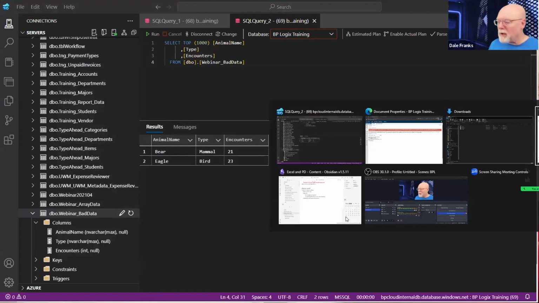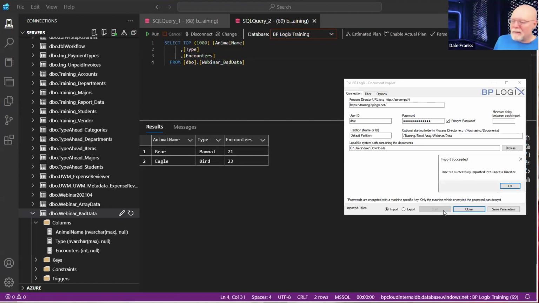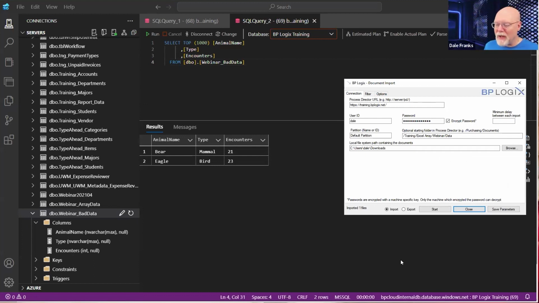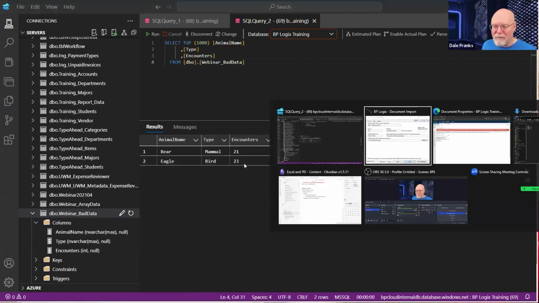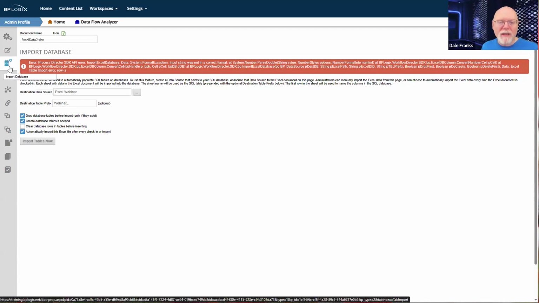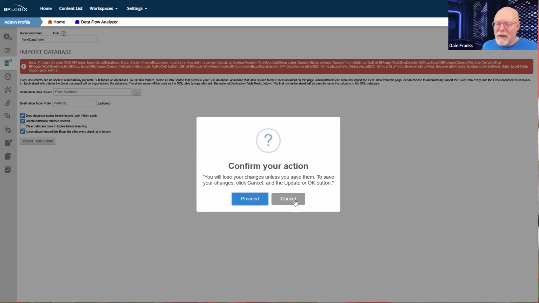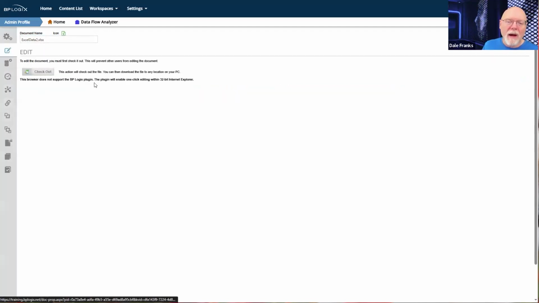All right, well, let's go back to BP import. Fine. Let's run this. We'll just start it from BP import. Okay, it says the file was successfully imported. Was it? No, I still have a problem, and the problem is my data. But I'm only going to see that error if I try to import this table. So now that I have the table there and it's sort of messed up, I do want to update. I don't want to go to import database.